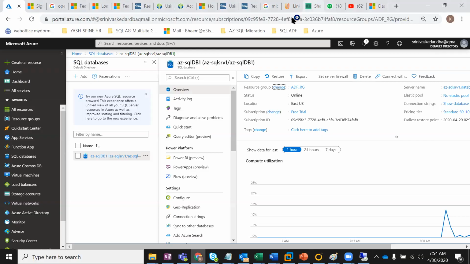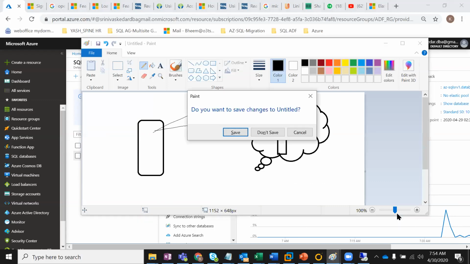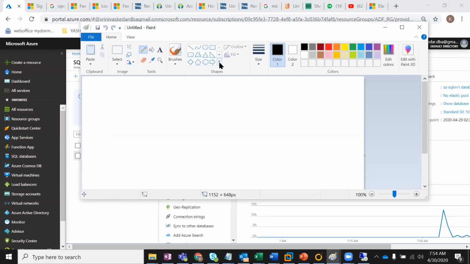Let's say if I want to migrate back, not like PaaS. Yes, we can. And is there any sort of support from Microsoft if we have to do the other way around? No, you can straight away take it and do it, but you just have to do a backup and restore. There are simple things which you guys might already know.